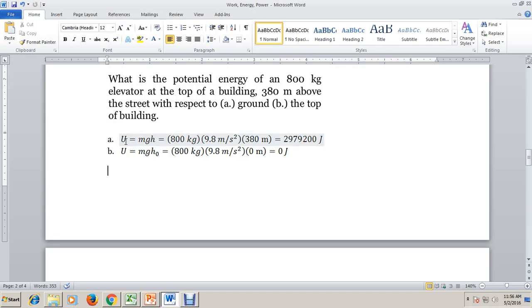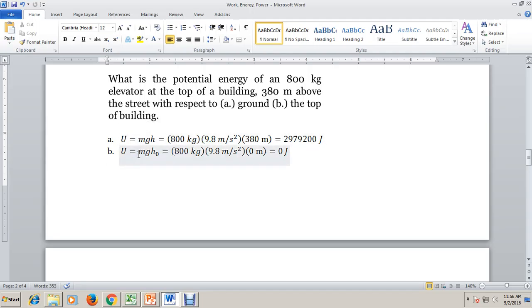So therefore, the potential energy of the elevator when it is on the top of the building is simply given by the product m times g times height, which is 2,979,200 joules of energy. Now, with respect to the top of the building,